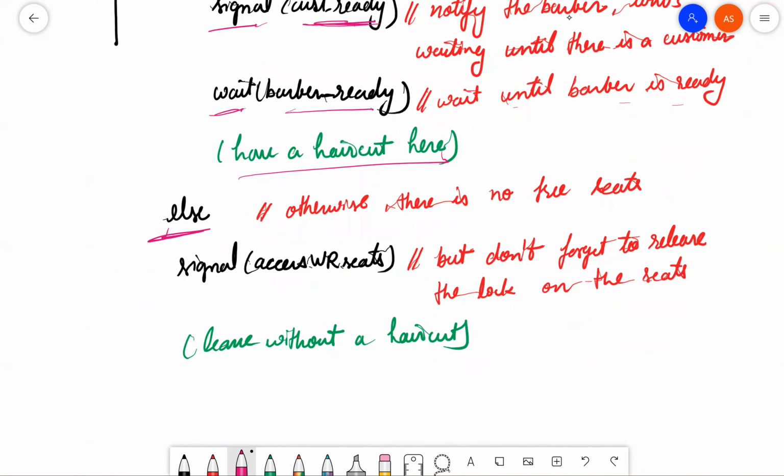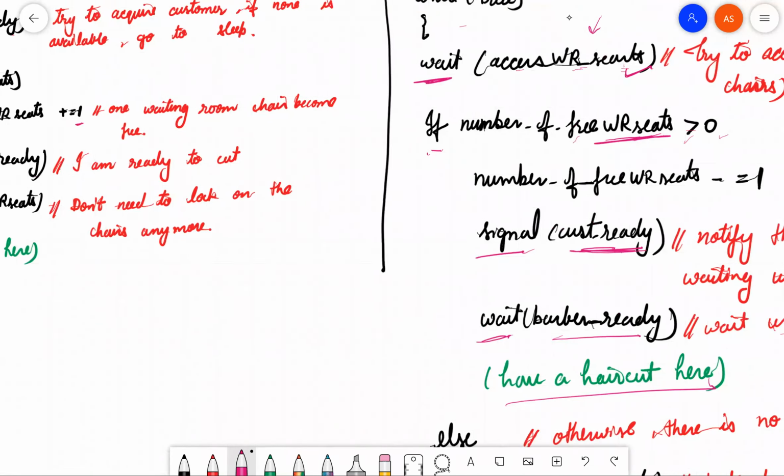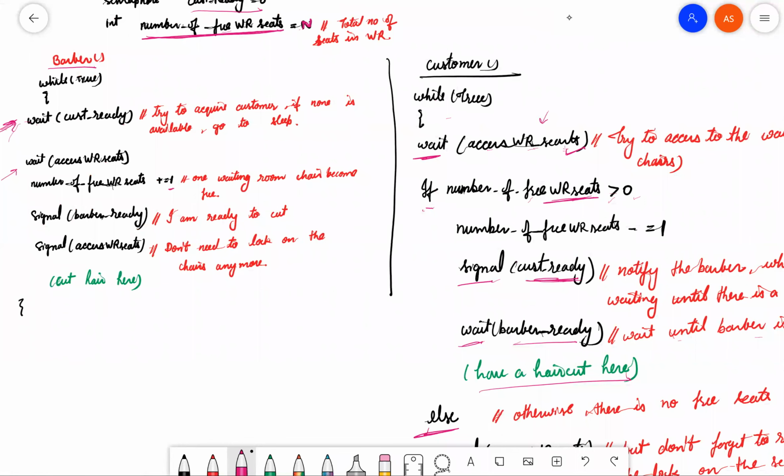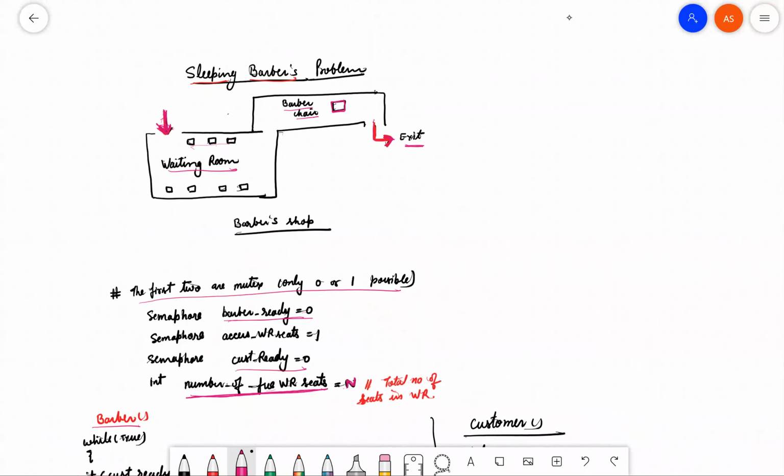And the customer will leave without the haircut because there is no vacant seat available in the waiting room. Okay, so this is the solution for the barber as well as the customer, right? Thank you.